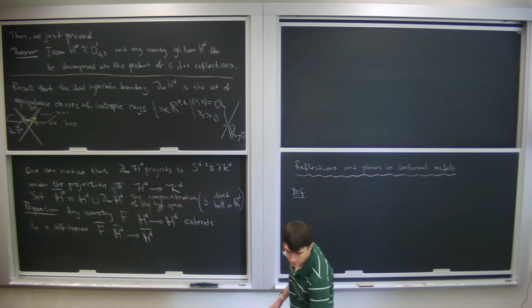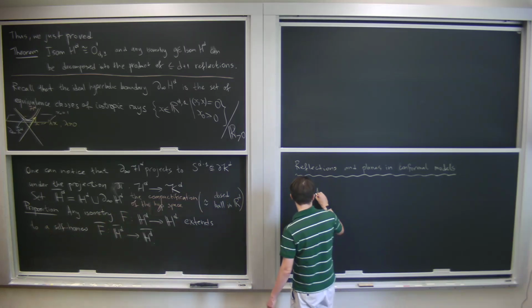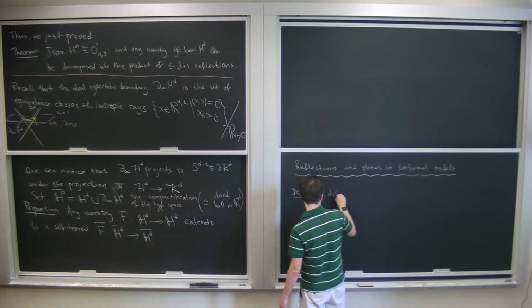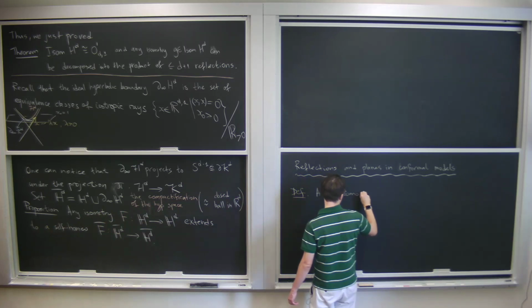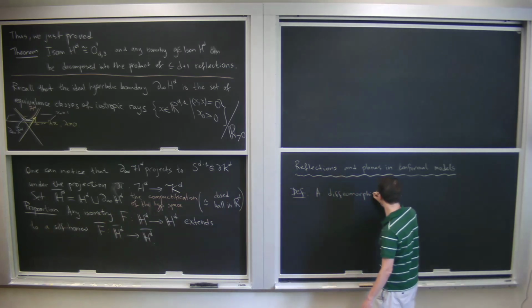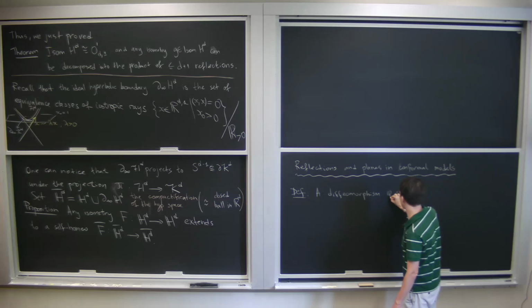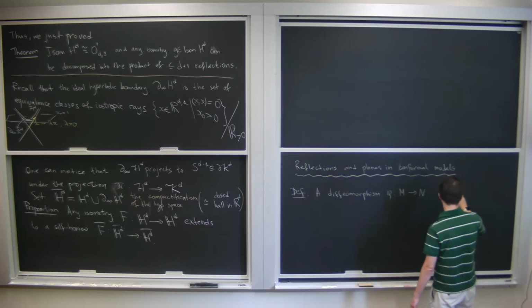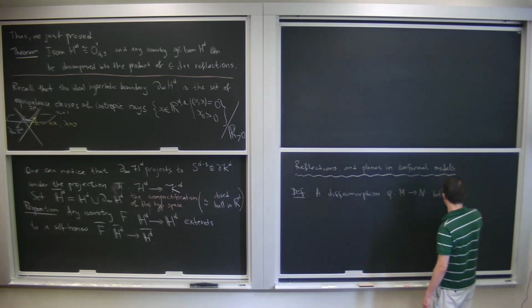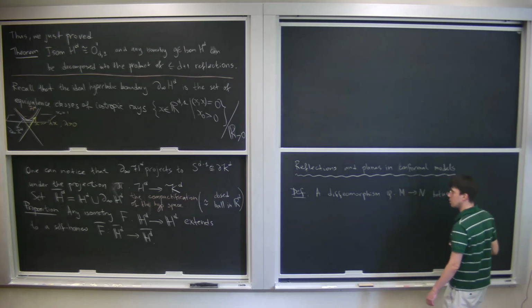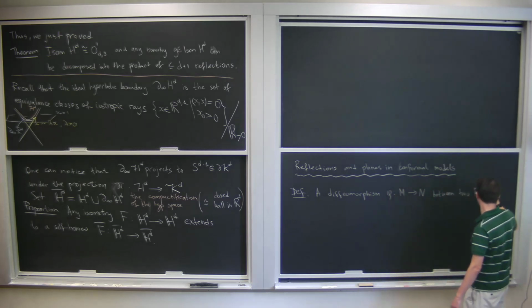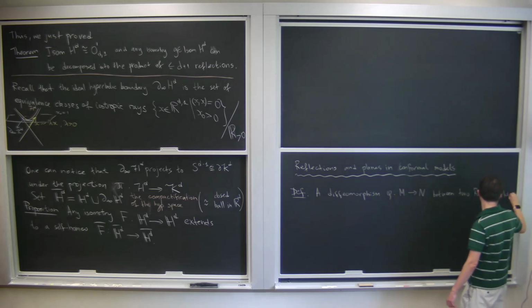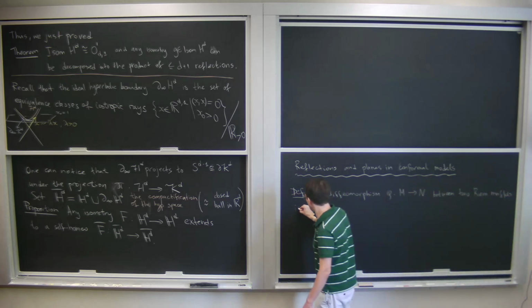We say that a diffeomorphism, let me denote it as phi, between two Riemannian manifolds is said to be conformal